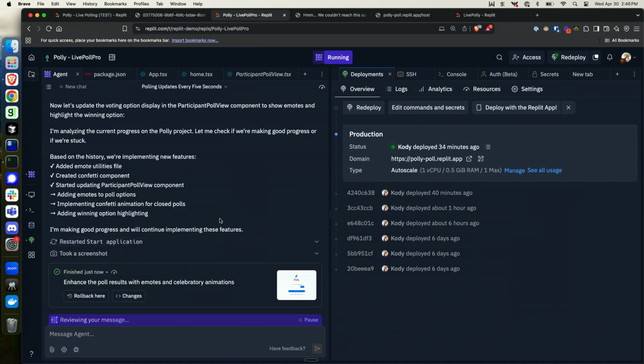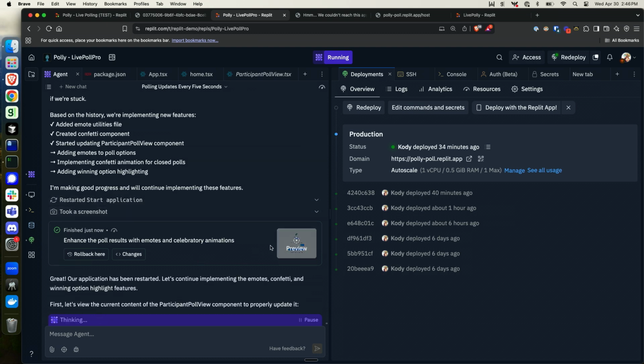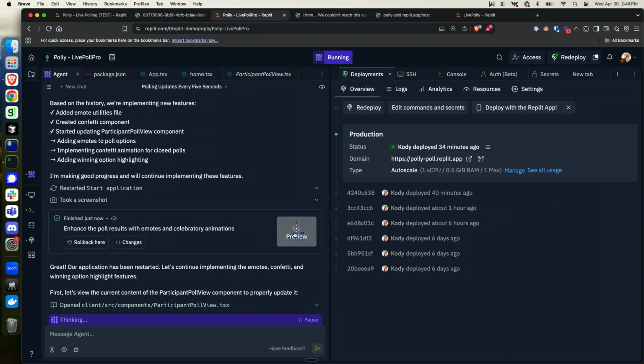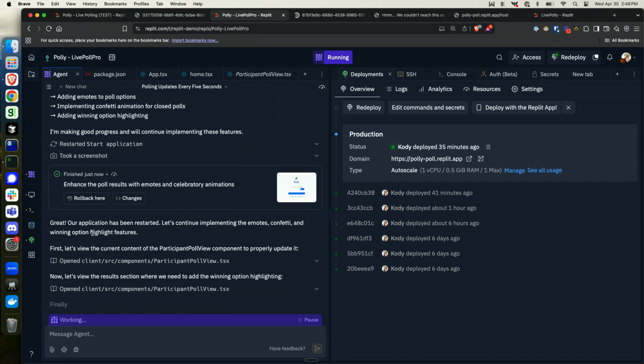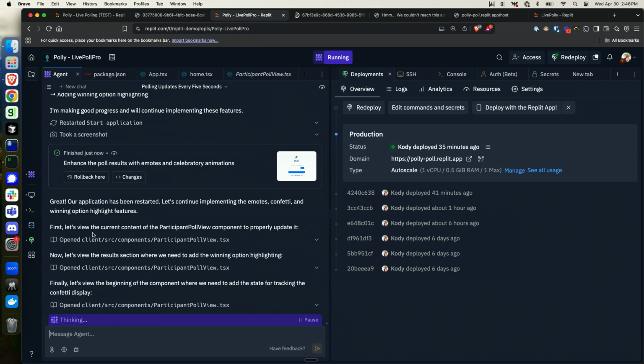Okay, and you can see here that now it's doing git commits as it's working. So at any point, you can always go back and view what it looked like. I could open the preview over there and do a live preview of it at that time. I can view the changes, or I can always roll back. And something that we're seeing a lot of is people being able to experiment and validate 20, 30, 40 ideas during the week, where previously they would have had to fight for the engineering resource to justify making an MVP just to test one of those ideas.